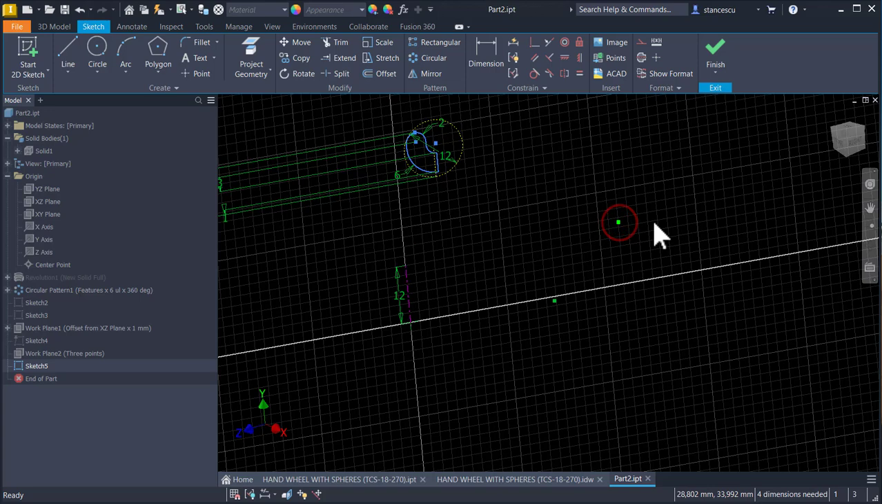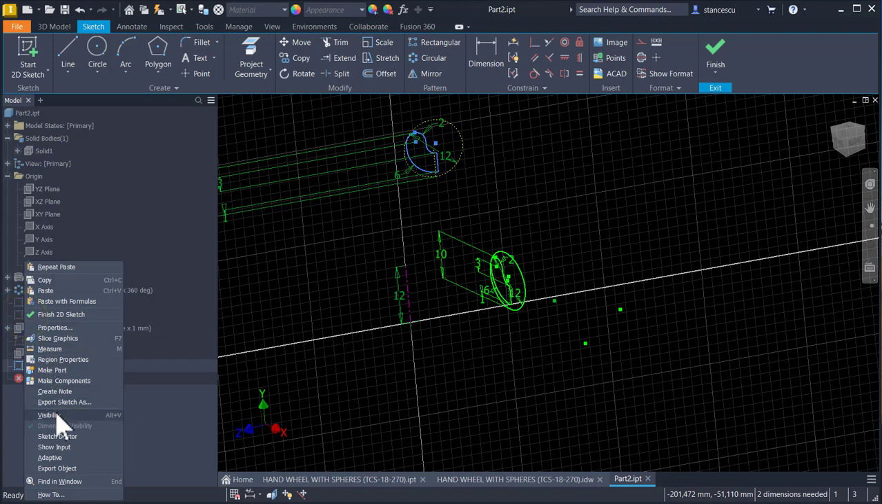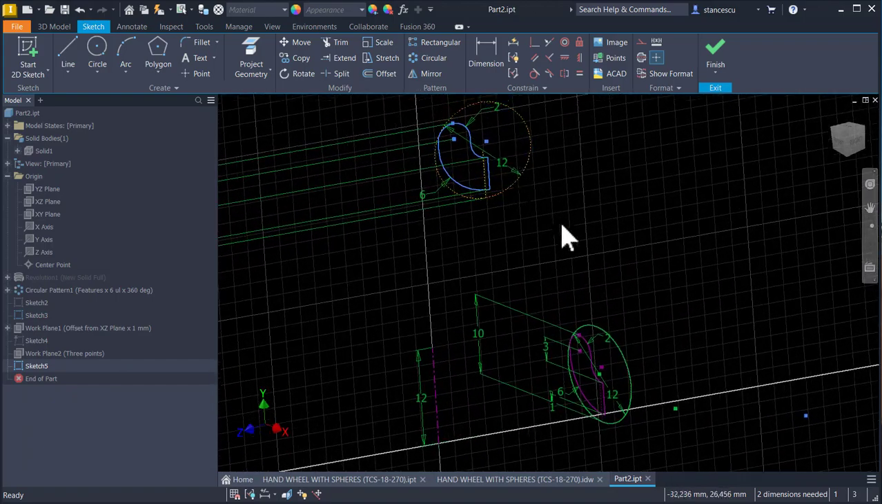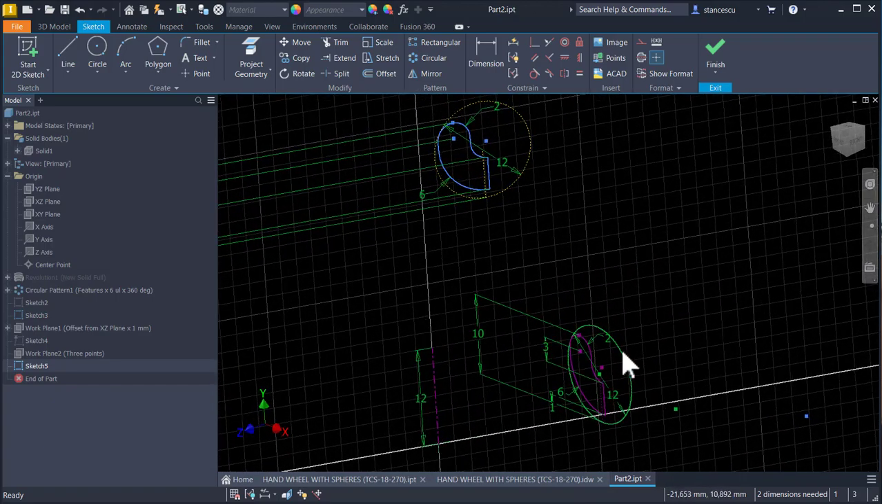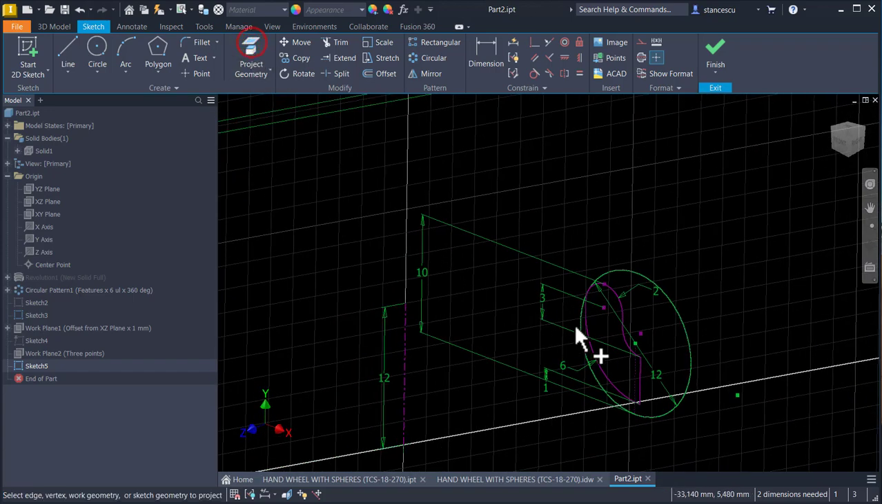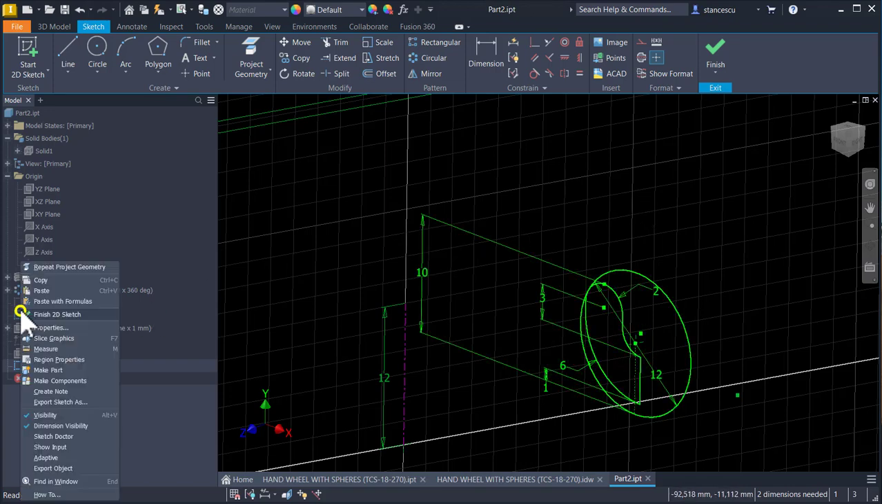This point is not important and dimensions are important. I make it visible because I project this center. This point is the center. I project it in this very plane. I have the point. I hide the sketch